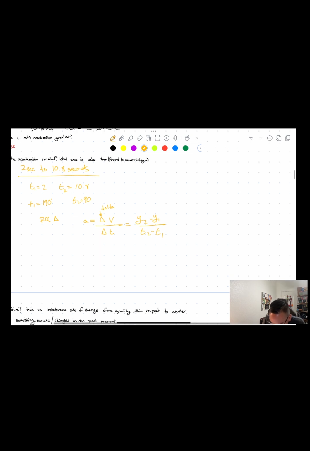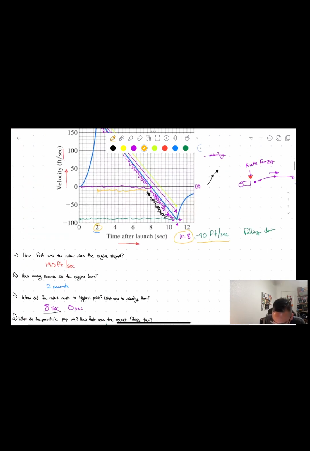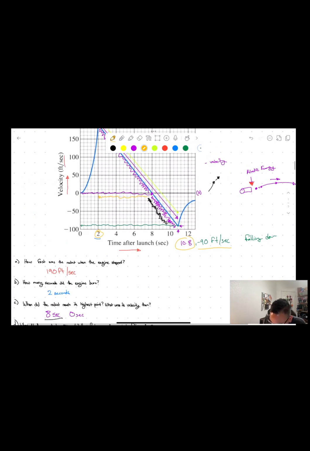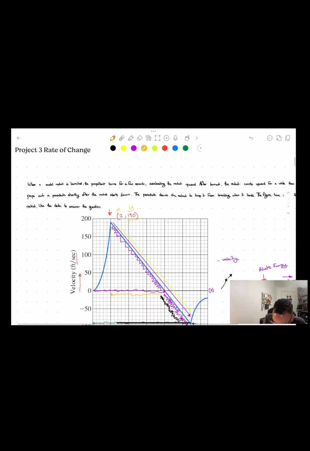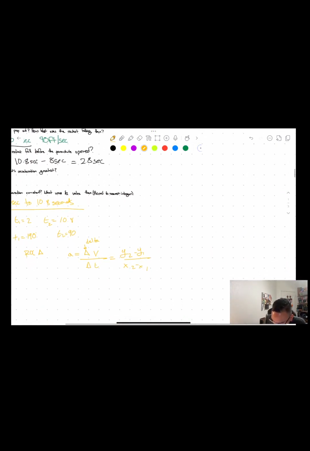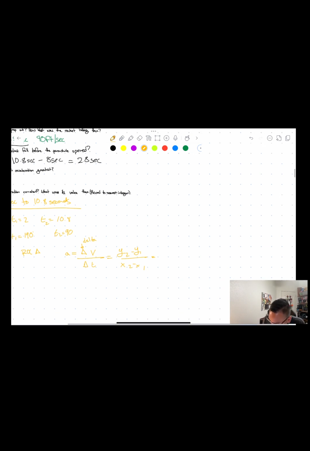Another way to see V is as your Y value, and another way to see T is as your X value, right? Because this is an X and that's a Y, and this is an X and that's a Y. So if we do the two together, you're going to get